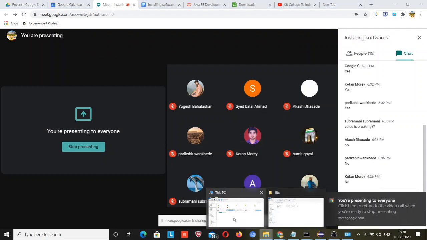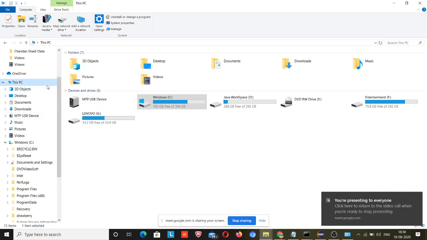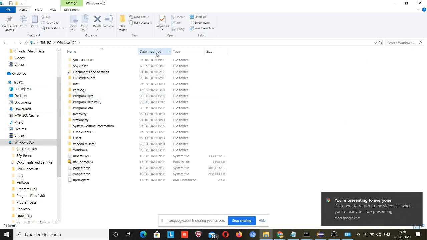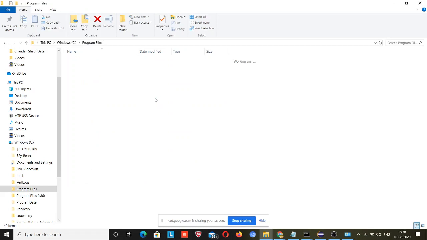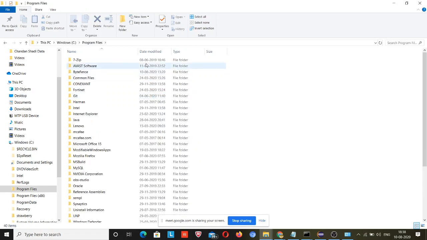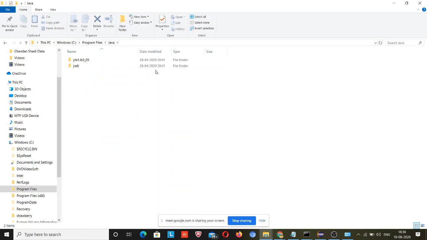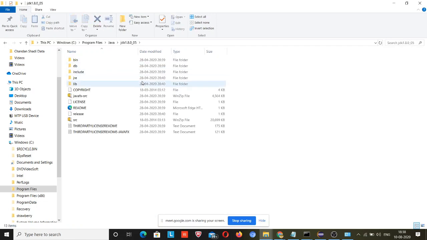Just go to This PC, Windows C, Program Files. Inside Program Files there is a Java folder, JDK, and this lib folder.